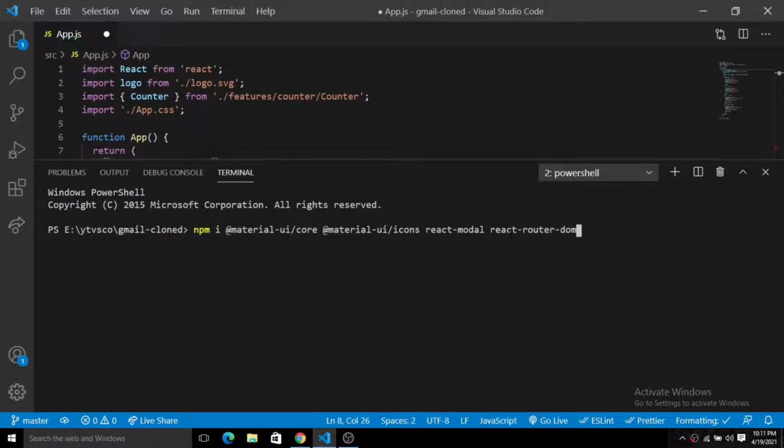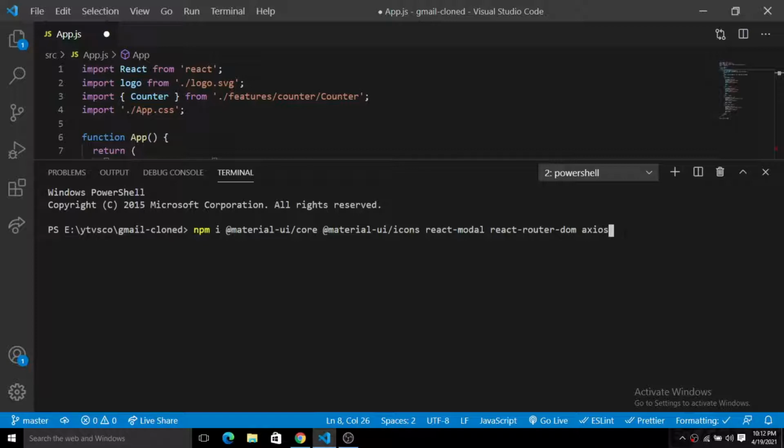For switching between different web pages, right? So we have these things also here. Okay, so now what I'm going to do, I will simply hit the enter button. Or one more thing I have forgot to tell you about, I will need Axios, right? So Axios will be very important to simply pass the data from the front end to the back end here. So this is very important.